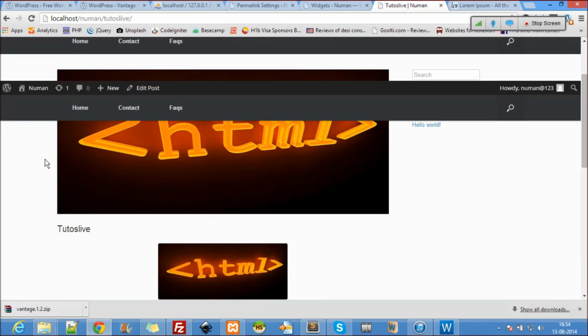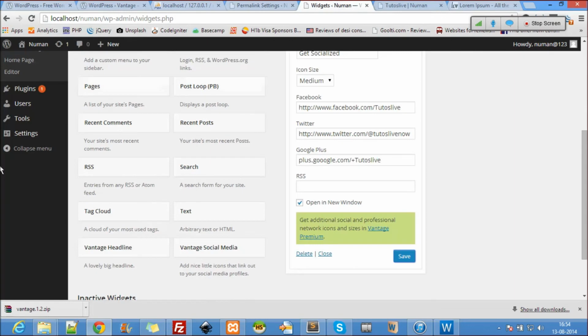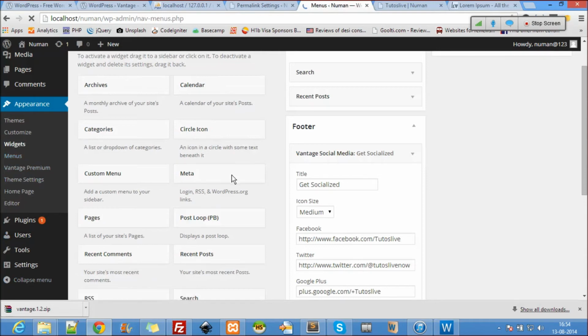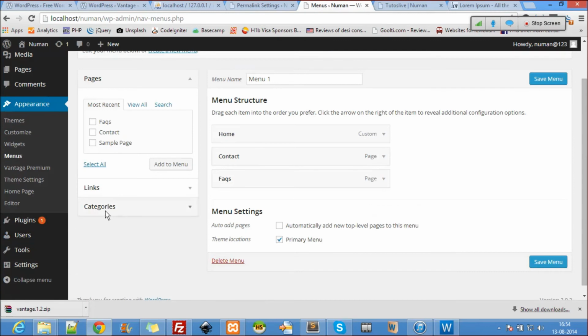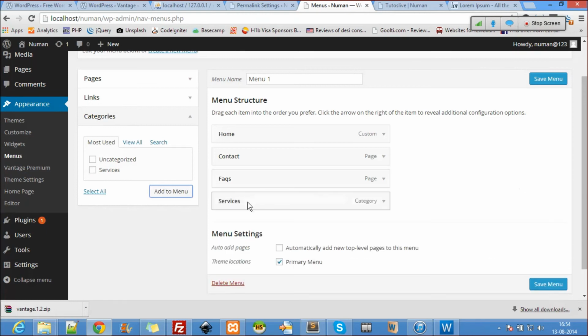Is there anything else I can really do? Okay, this thing, right? I want services. So how do I do it? Again, go to Appearance, Menus, and here you find this little Categories section. Click on it, services, add to menu, and I'll just push it here and save the menu.